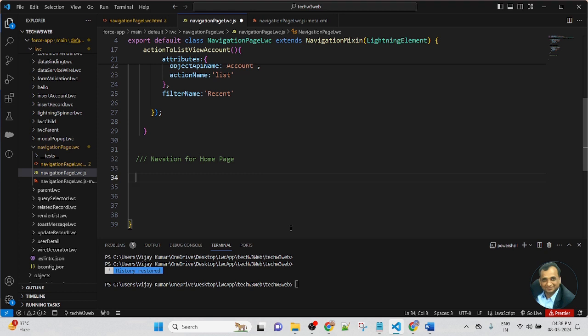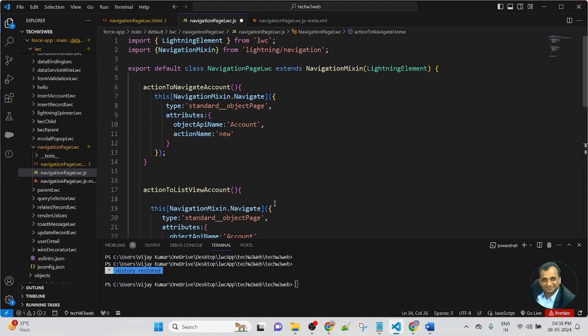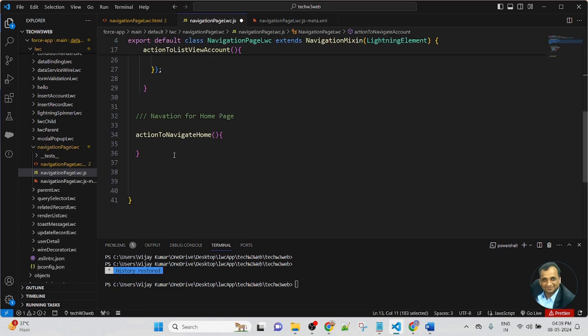First I create a function; the function name is actionToNavigateHome. The syntax will be the same, so copy the syntax from here. Some attributes will change, but the basic structure is the same.